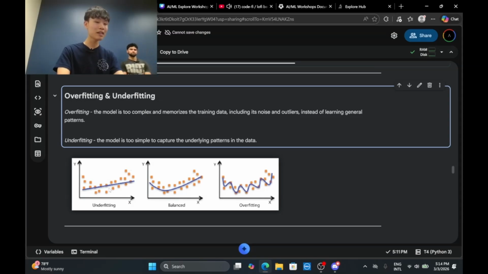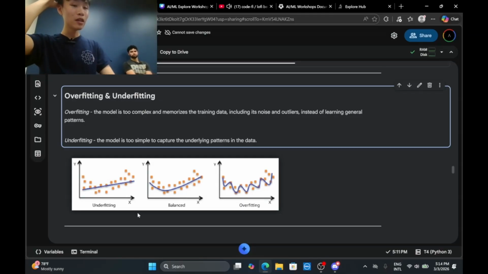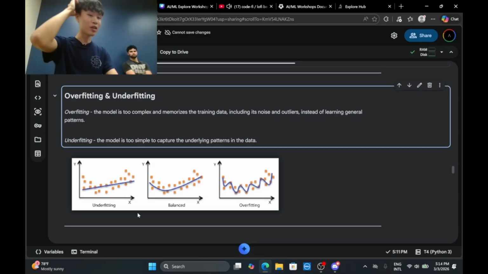So it's not learning the data enough, making the learning curve this shape as well. So it's not going to perform very well on the testing data either. So both underfitting and overfitting are dangerous when we talk about training a machine learning model.